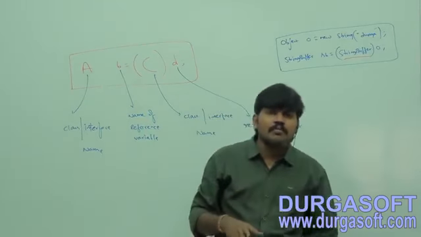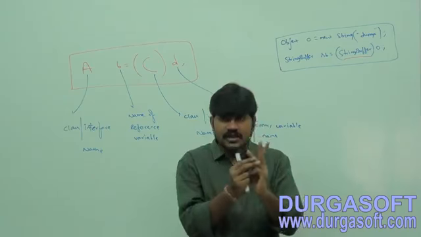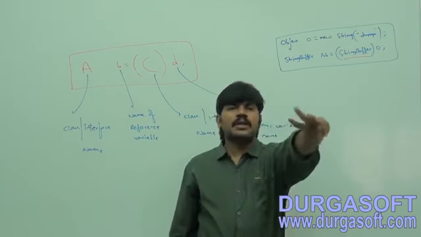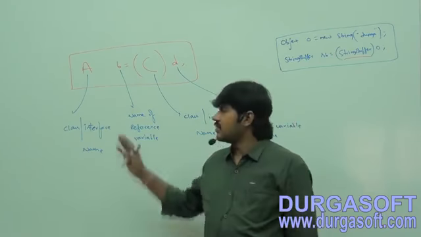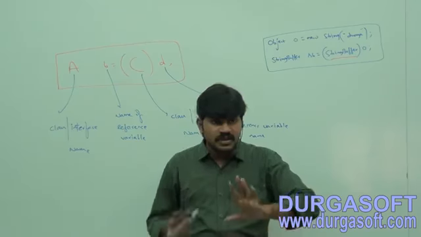So here the compiler is going to check two conditions. The JVM will check one condition. Total how many conditions are there? Three conditions. If these three conditions are satisfied, then this typecasting is valid. What the compiler will check and what the JVM will check, that part I will discuss.